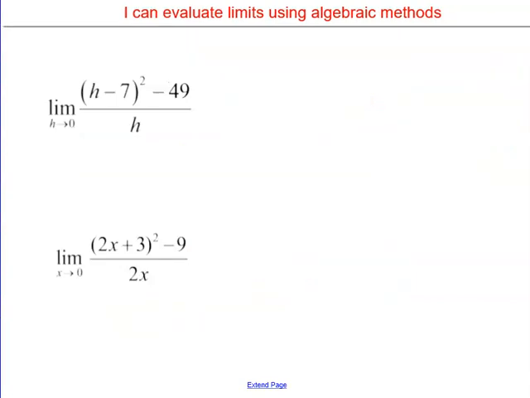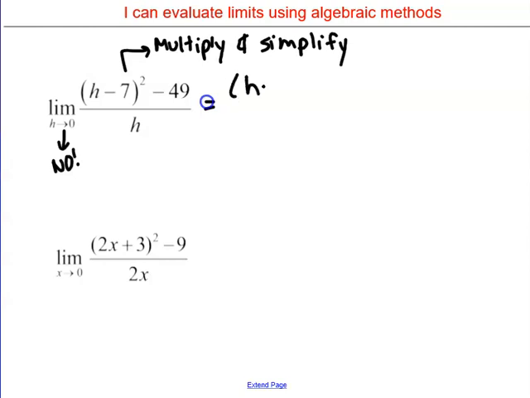Okay, so here the algebra gets a little bit more complicated. So what we're going to do in this case, we've got h minus 7. And again, I test this 0, and this is a big no, it's not going to work as is. I can't just plug in the top. Well, again, I want to try to factor it, simplify it, and then plug it in if I can. So I'm going to simplify this. So I'm going to multiply and simplify